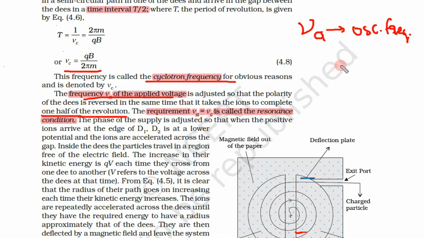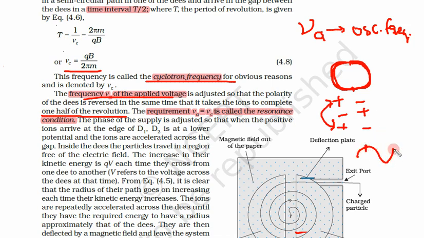So see here, it does a half revolution. Initially this was positive, this was negative. As soon as it comes here, this becomes positive, this becomes negative. Then after another half, this again becomes positive, this becomes negative. So it takes one revolution, and in one revolution it changes from positive to positive. Again, we know what a frequency is: when it reaches the same point. So it started from positive, went to negative and back to positive. So this is one frequency, this is one revolution.